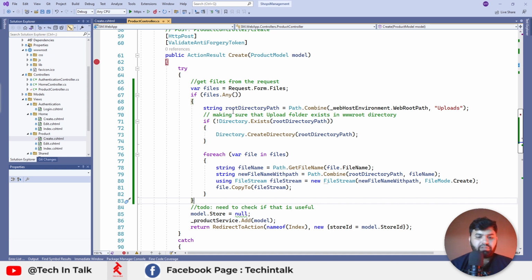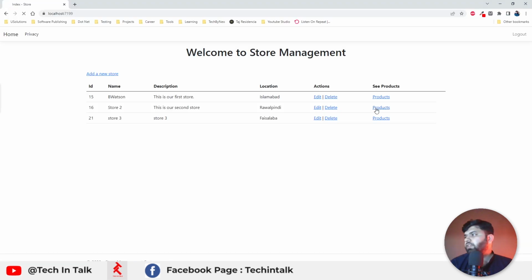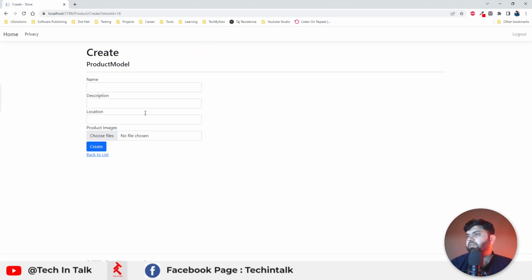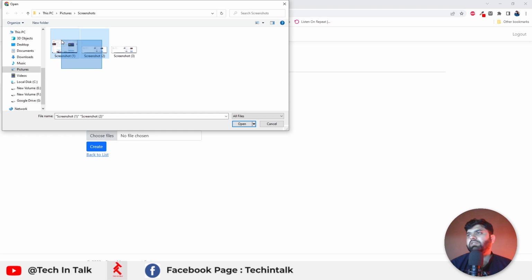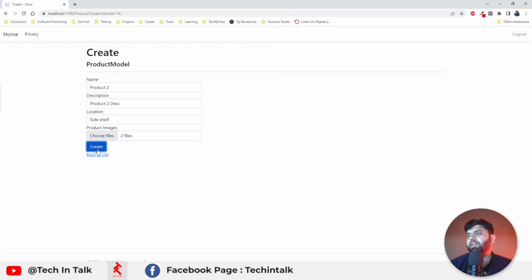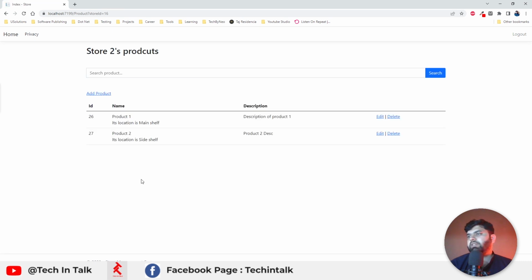All right, let me press Ctrl S and rebuild the application, and we'll see. Okay, again products, and we want to add a new product, and product to DSC side shelf, and here we want to select, let's say, these two pictures. Okay, and create. All right, so it gets created, and what we will see,